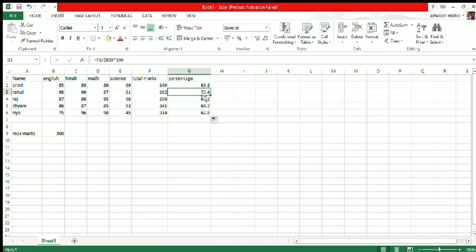Look here, when I click here, see the address F3, but B9 is fixed. Click here, Raj's percentage, the address is F4, but B9 is fixed. Here the address is F5, which is total marks, but maximum marks B9 is the same, and here total marks is F6, but maximum marks B9 is the same.